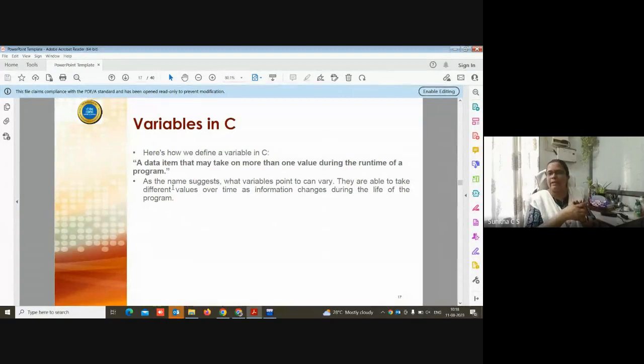Next time I want 5 and 6, I'll give the input as 5 and 6. So my program need not be edited or recompiled. I can just execute the program and input different values for the variables.